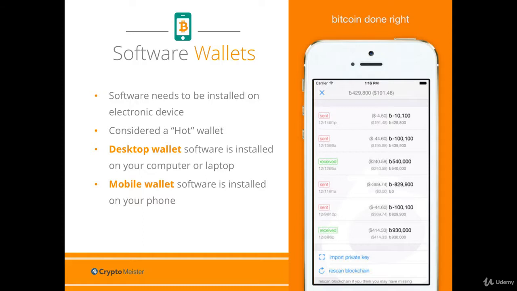Just like desktop wallets, mobile wallets require you to install an application on your phone. Due to the limited space on a typical mobile device, these wallets tend to be smaller and simpler than their desktop equivalents. However, mobile wallets allow you to use them anywhere you go and can provide extra features that online wallets don't have. Never keep all your cryptocurrency on your mobile device, as it is too easy to lose it, just like a traditional wallet.